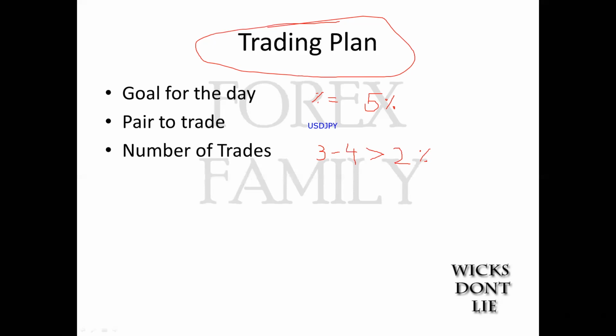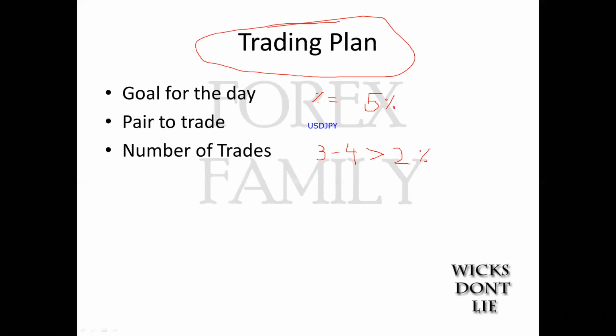Yep, okay, perfect, awesome. So number of trades, 3 to 4 trades, I aim for 2% per trade, right? And at this rate, 2% per trade, I'm not risking much. I'm risking maybe 1%, 0.5% to get 2%. And then with 3 to 4 trades, I have a lot of opportunities in the day